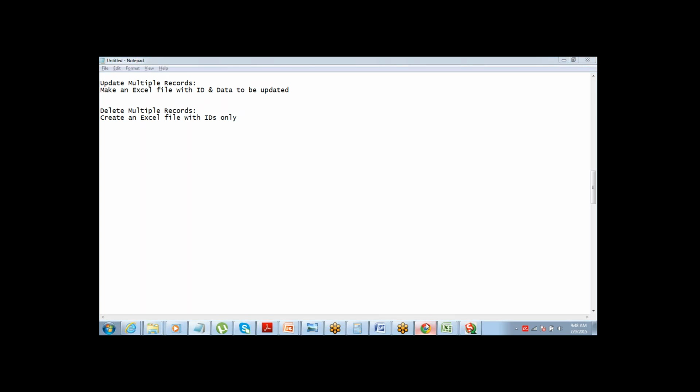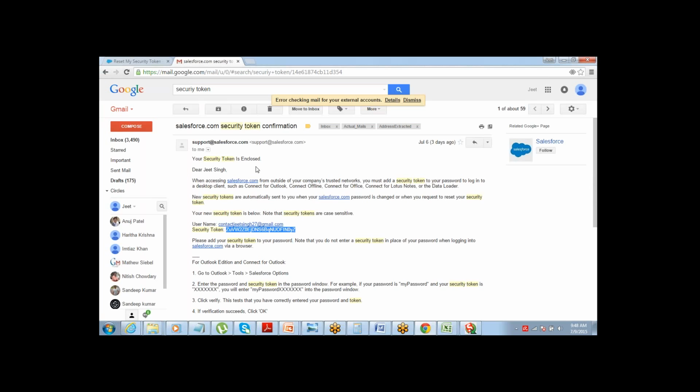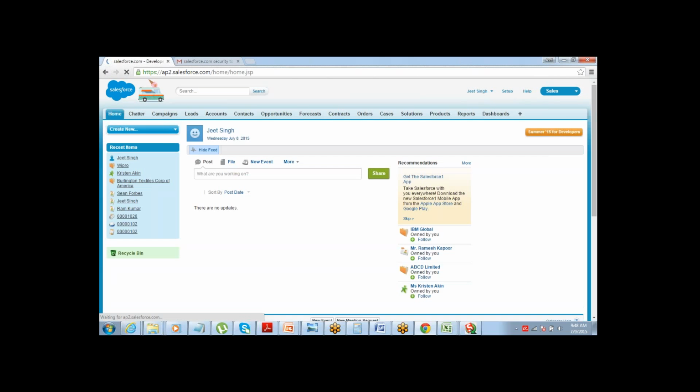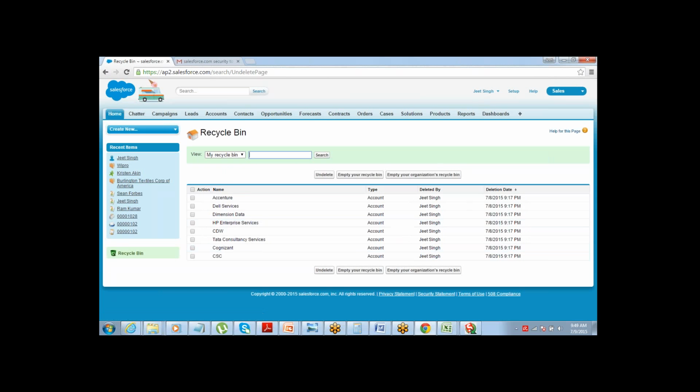If you go to your Salesforce account and go to the home page, there's a recycle bin here. Click on recycle bin. All the records that I just deleted come to the recycle bin.